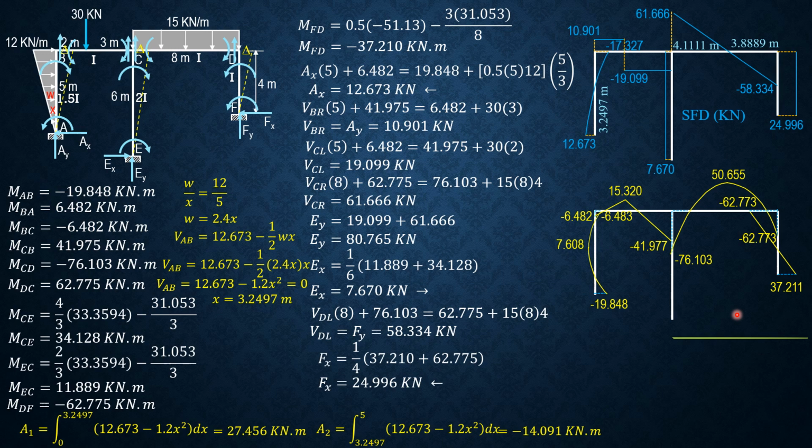Then for the elastic curve, that's the bending moment diagram. So this is the fiber: negative, tends to be positive, concave, negative, positive, negative, then concave up. For this portion, positive, then negative. So the elastic curve should be approximated as shown in the figure. So that's the elastic curve. So for this